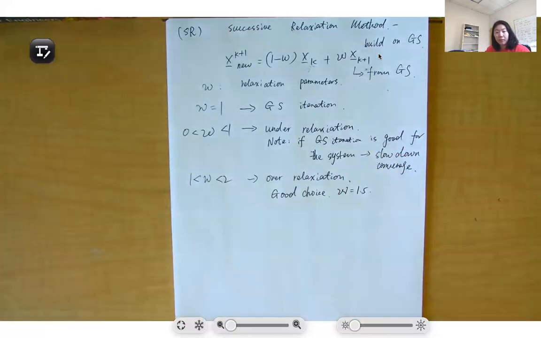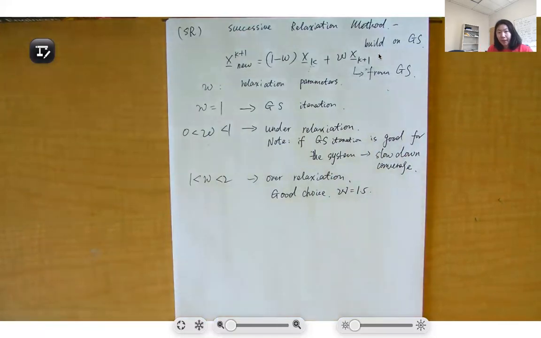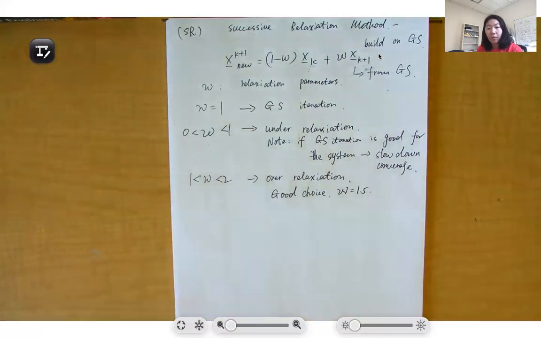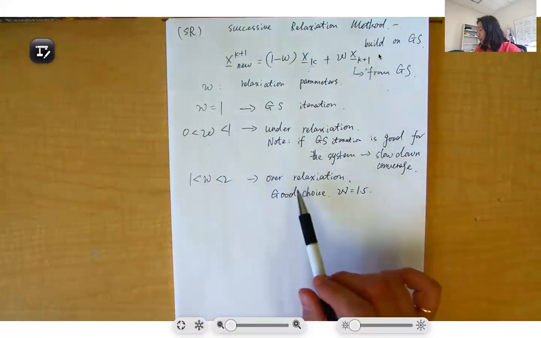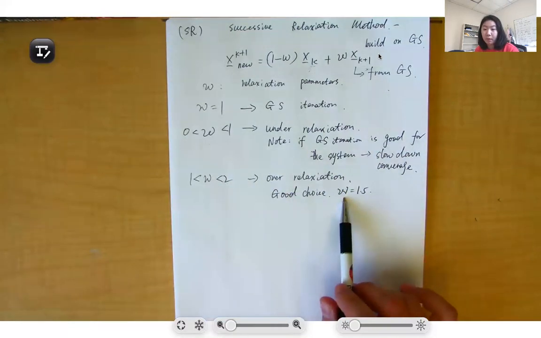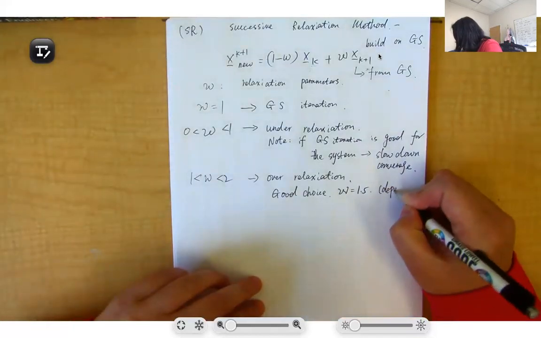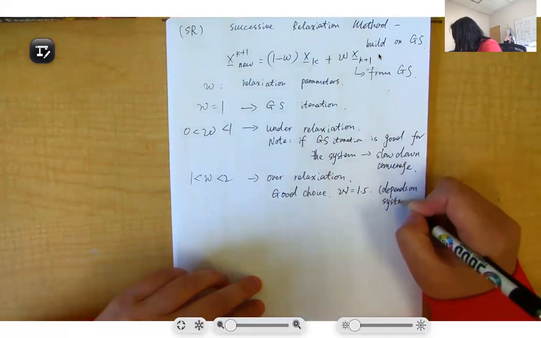And really, this depends on the problem. So for the omega, you need to run a loop, trying to see for this system what kind of omega is the best for this system. So you need to benchmark yourself regarding the value of the omega. But usually, if this is an over relaxation problem, a good choice, we can start with 1.5. But it still depends on the system. And we will show examples using